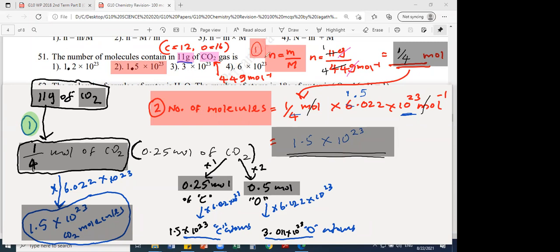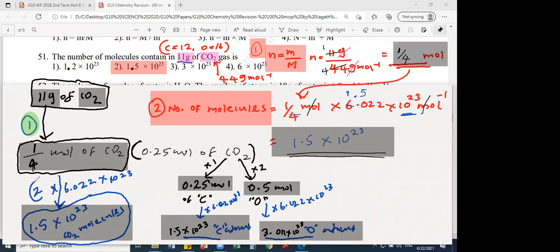Is that clear? So this is what they could ask at the maximum. Any question, they can't ask beyond this. Most frequently asked questions in the exam. Again, I'll put 1, 2, 3, 4. First, converting grams into moles, and then that into molecules.